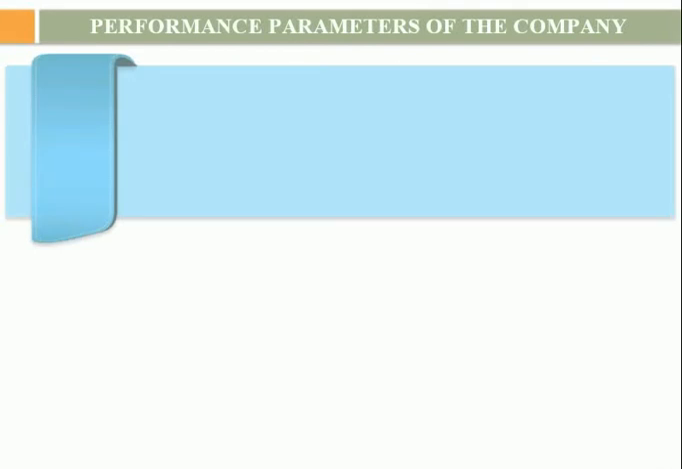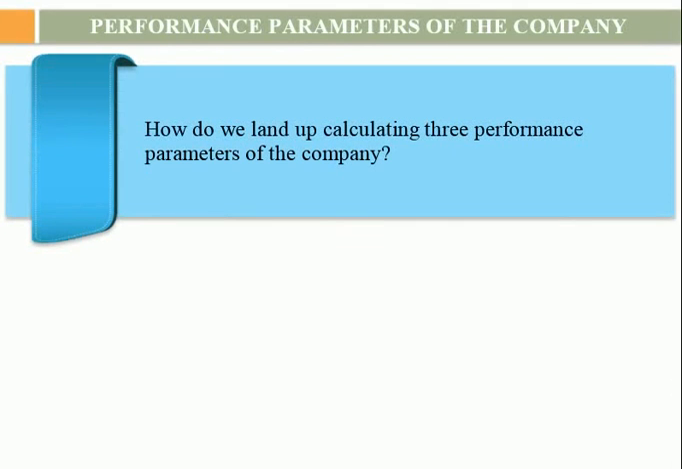By defining these three things, we have actually put into place what to use in our formulas to come to the performance of a company calculations. And we know that the performance of the company is judged by three things: net profit, return on investment, and cash flow. Let us see how we land up calculating